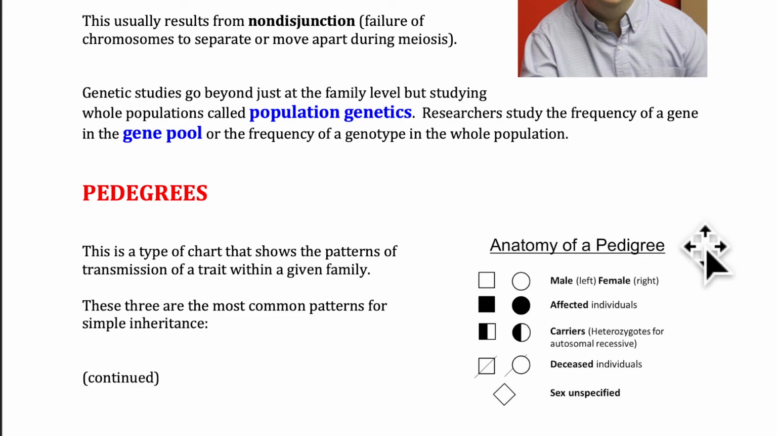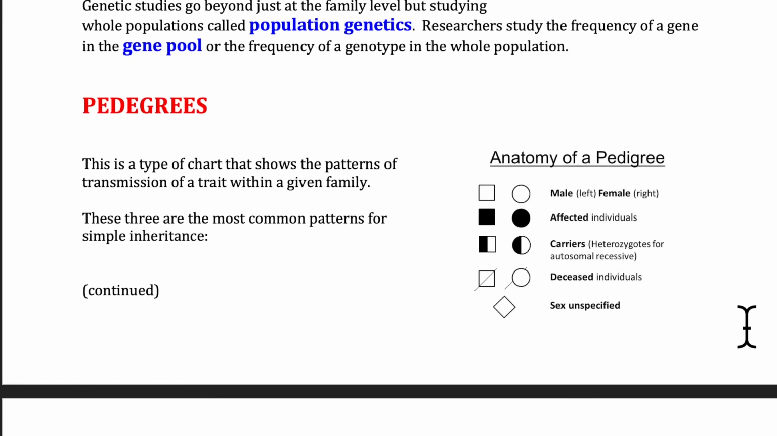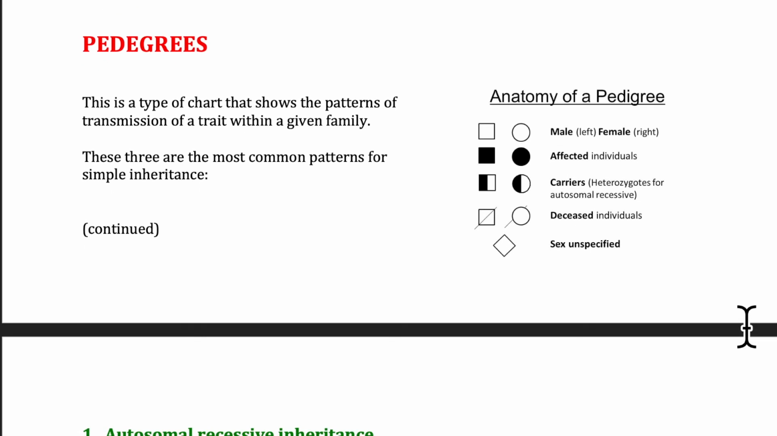Pedigrees. This is a type of chart that shows the pattern of transmission of a trait within a given family. These 3 are the most important patterns for simple inheritance. So next I'm going to show you a pedigree chart. And they're the most common patterns for simple inheritance of different things. Of course, you can see on that chart too, you have a